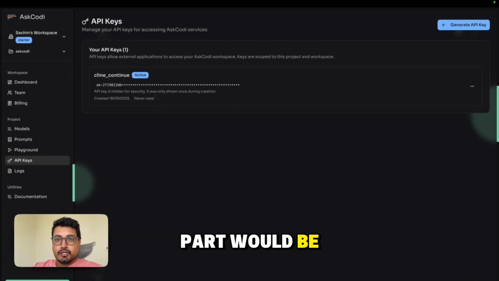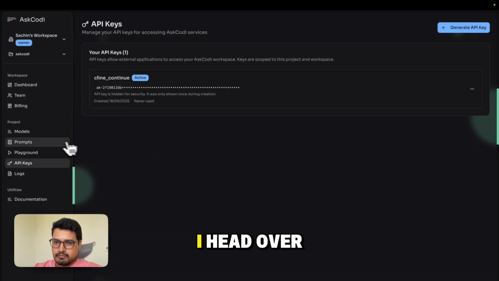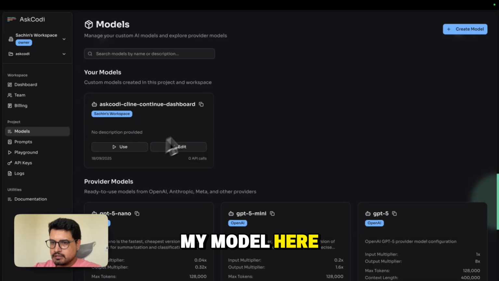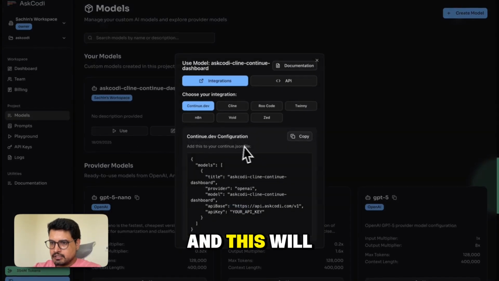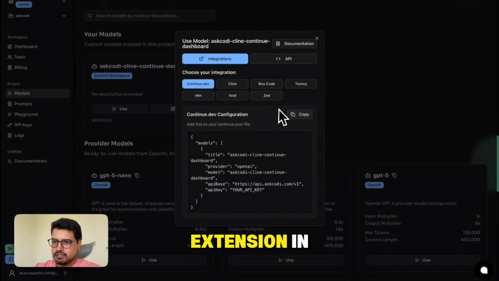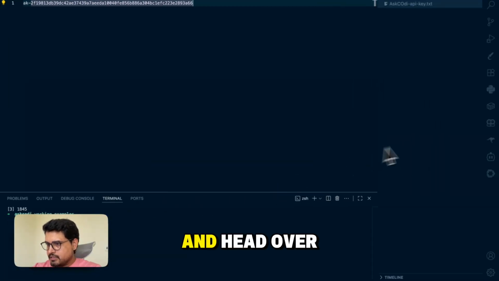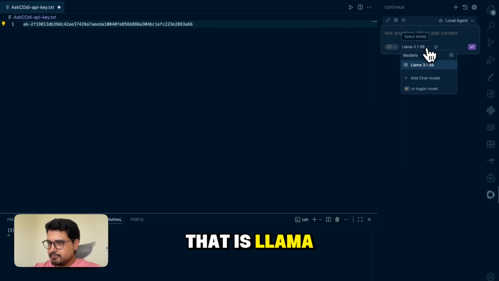Now the next part would be to configure the Cline and Continue.dev extension. I head over to the model section and I see my model here, the model I created right before, and I click on use, and this will show me how to use this extension in, let's say, Continue.dev. So it provides me the information what I need to add, and head over to Continue in VS Code, and here there is a default model selected, that is llama. So I want to add another model,